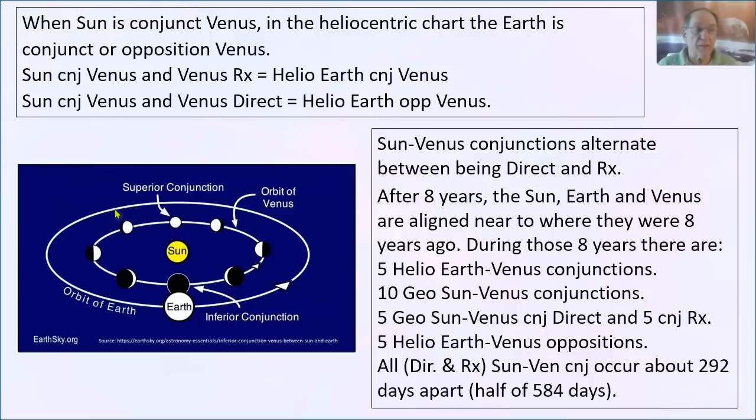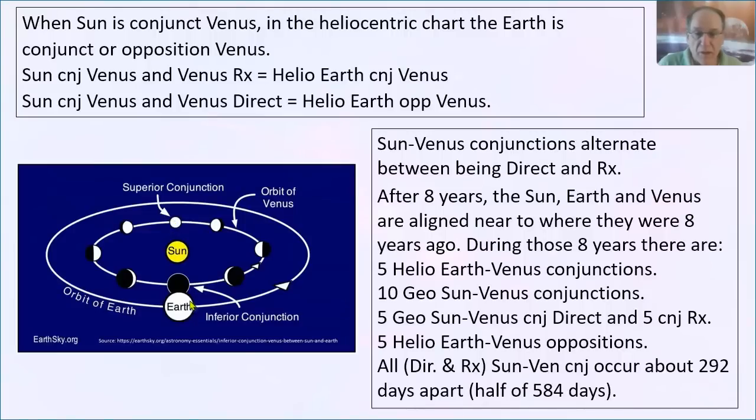From a heliocentric point of view, Earth and Venus are conjunct every 1 year, 7 months. But from a geocentric point of view, Sun and Venus are conjunct twice as often, because it'll happen once when Venus is direct and in inferior conjunction, and once when,